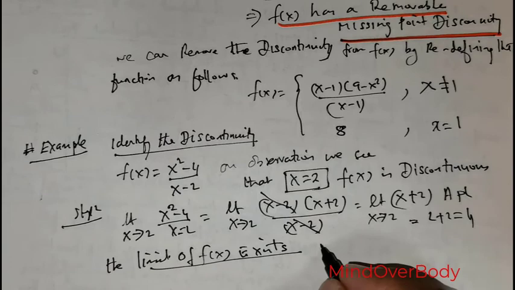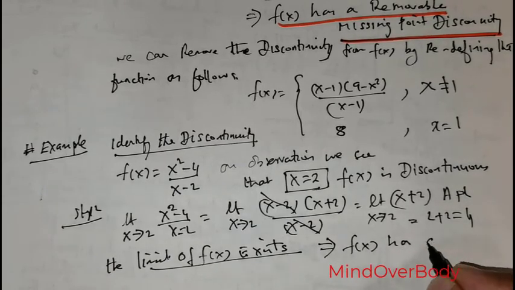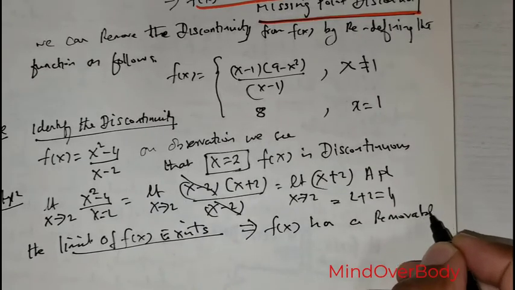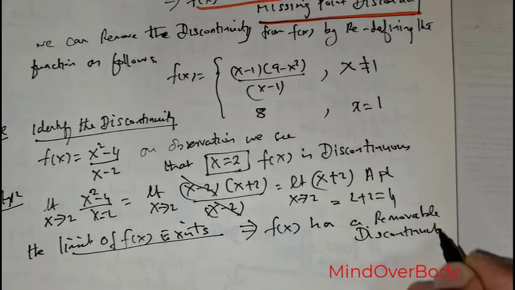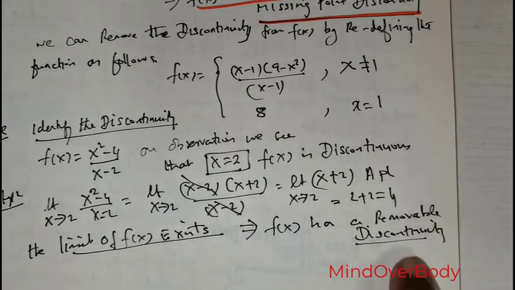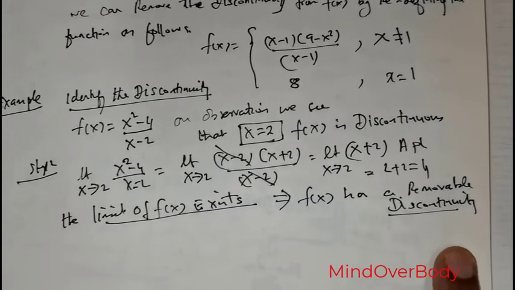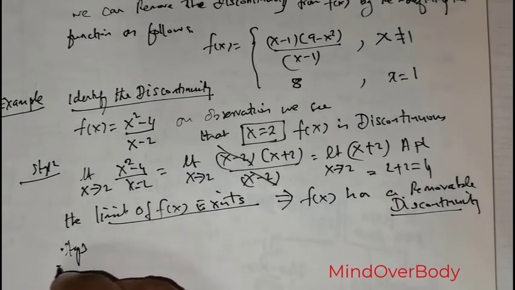So that means f of x has a removable discontinuity. Now in removable discontinuity, you have to find out if it is a missing point discontinuity or an isolated point discontinuity. So step number 3, we will have to find